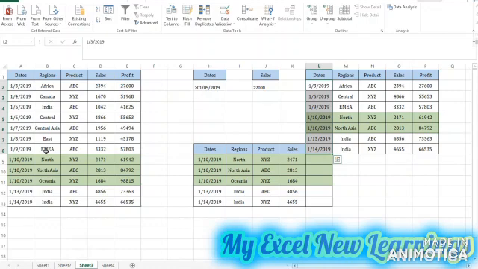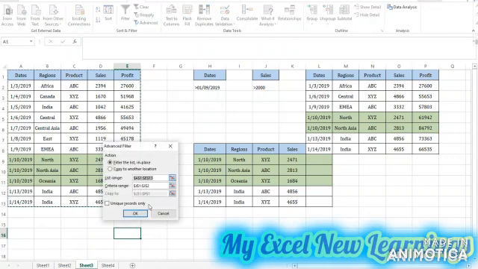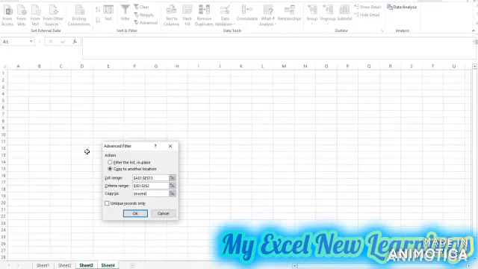So here there is one disadvantage. When you want to pull the data to the other location, the sheet should be active. So example I will show you. So we are in the data and I click on the advanced filter and the range is selected. So this is my criteria. So now I want the data should be pulled to the other sheet, like sheet number 4.